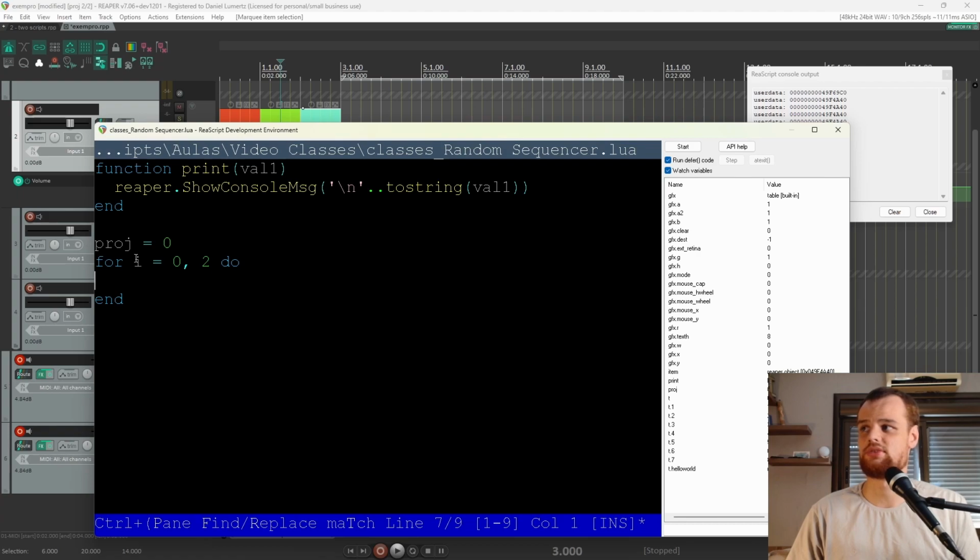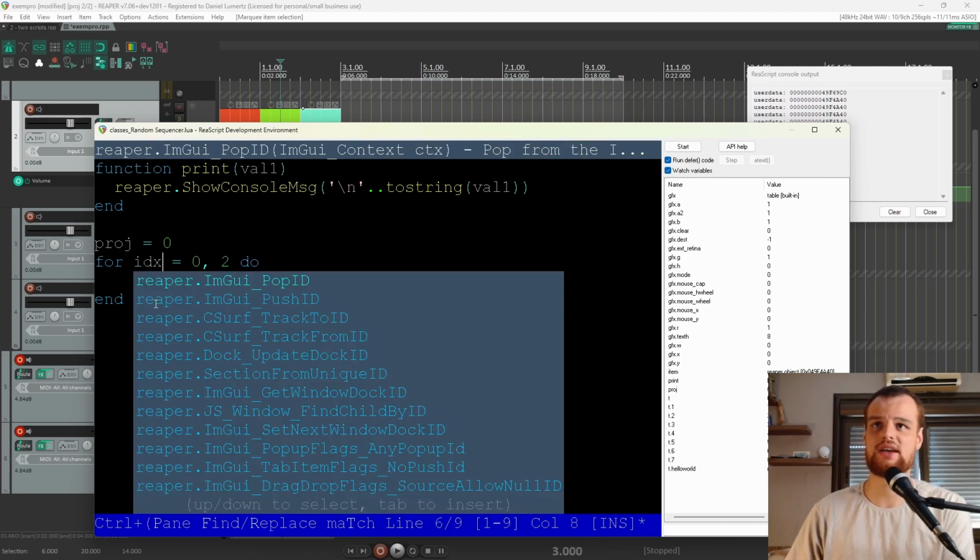Which is going to be updating this i variable. You could call it anything, for example index or